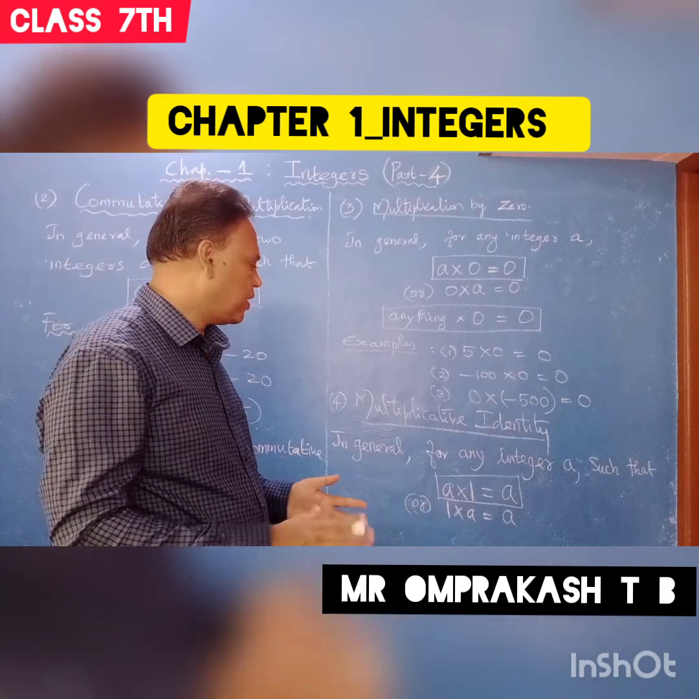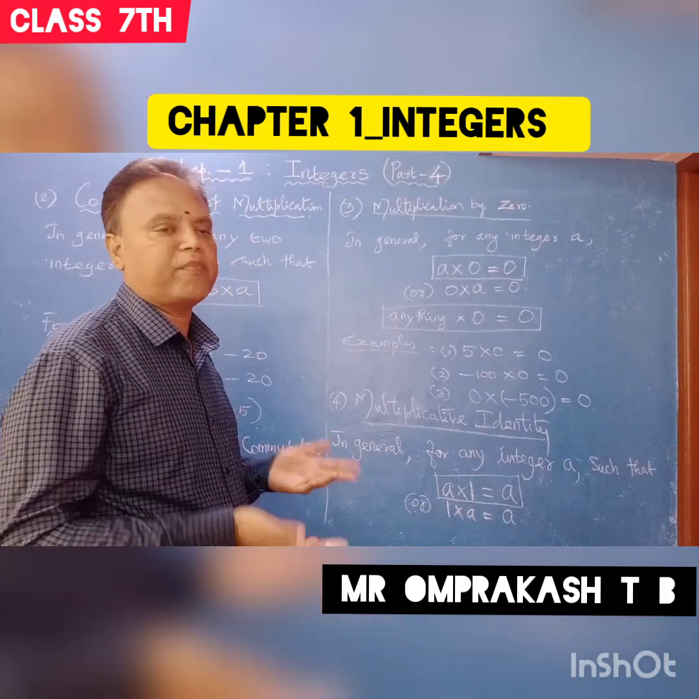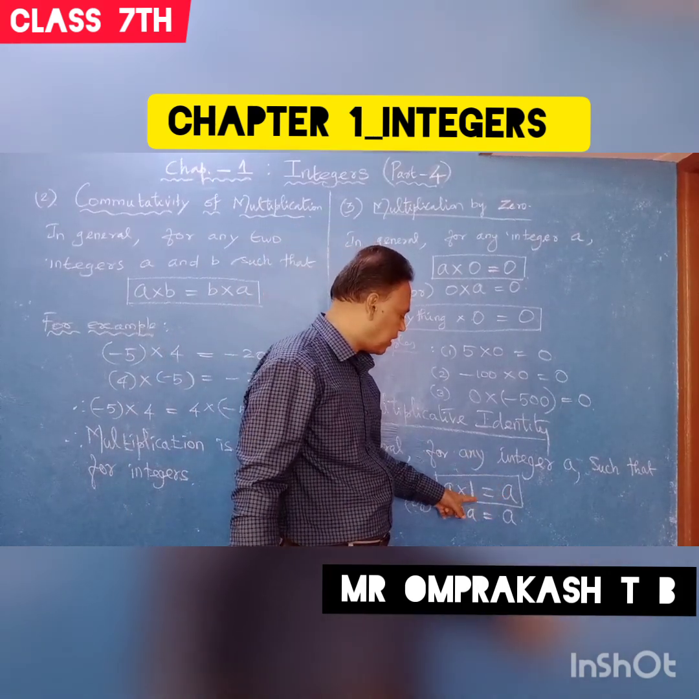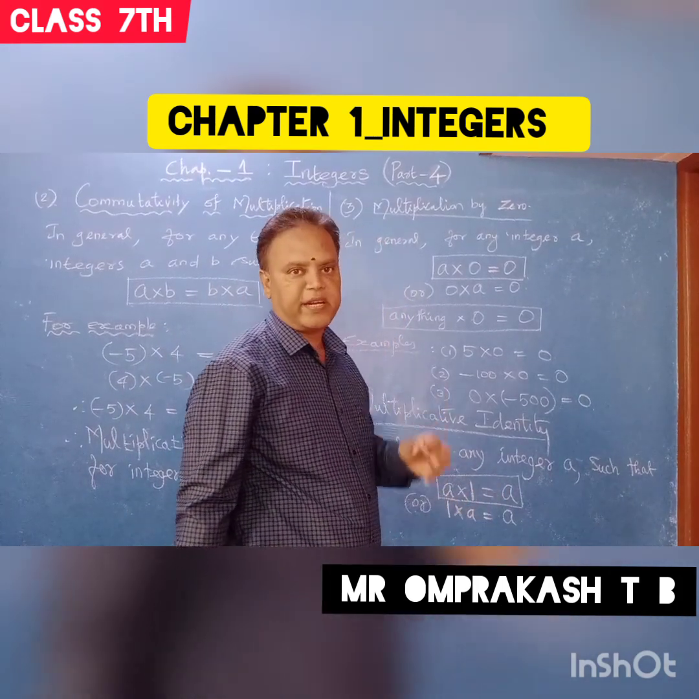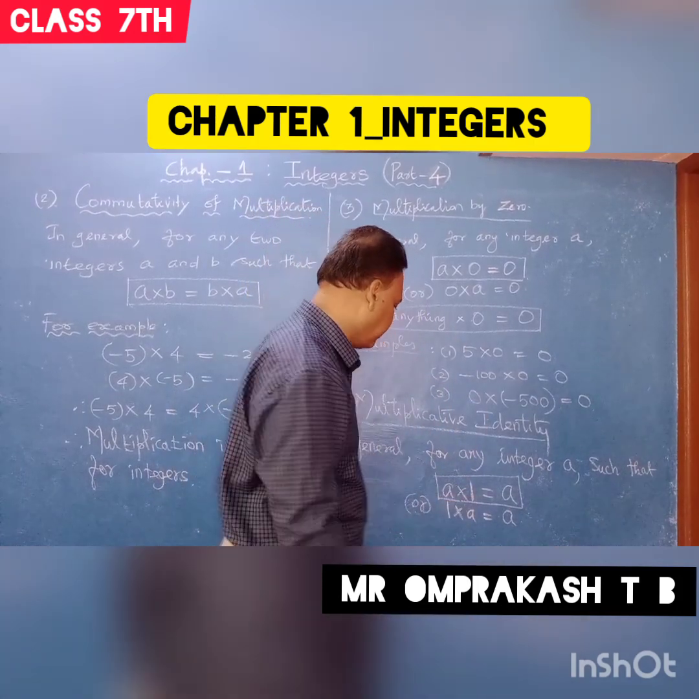So when you multiply any number with 1, you are getting the same number. You have to get the same number. So here 1 is acting as identity. What type of identity? Multiplicative identity. For example, you see,